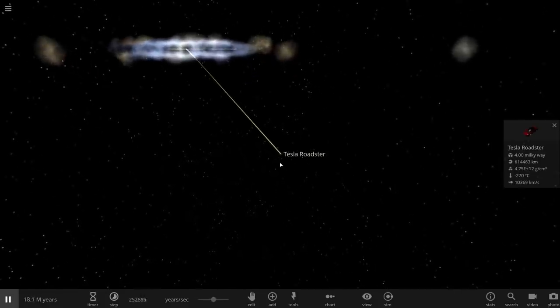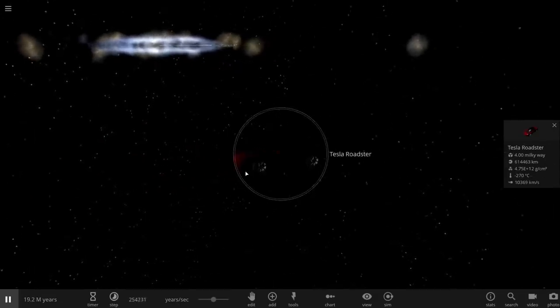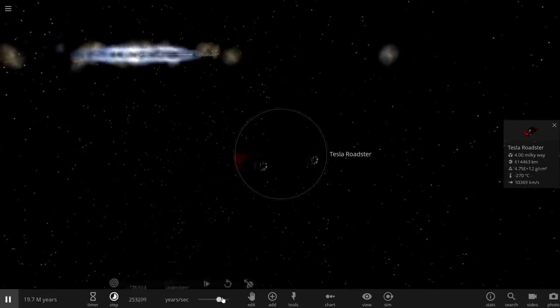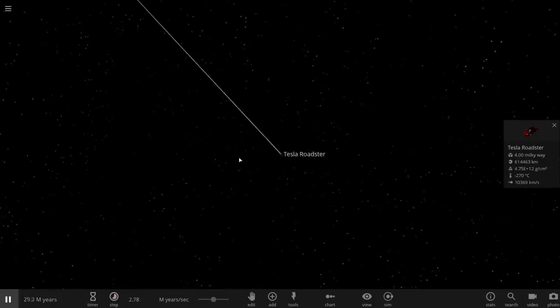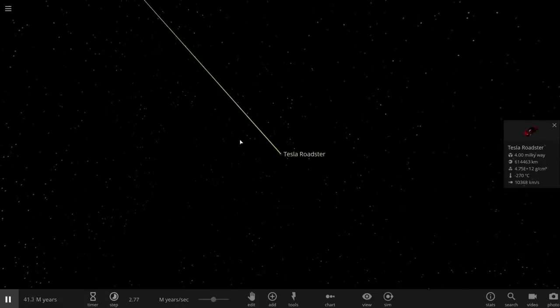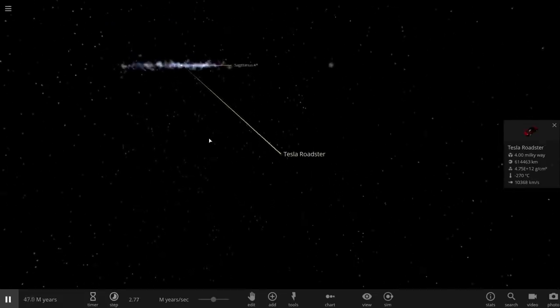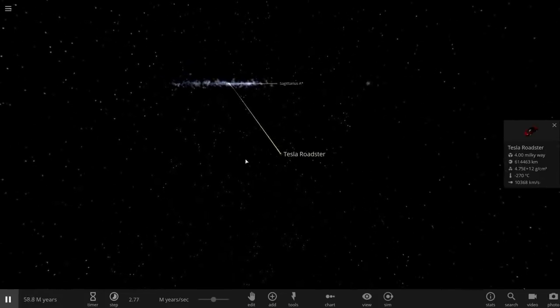And beautiful Tesla Roadster, without knowing anything about the simulation, was able to actually recreate this very, very cool event completely by accident. Anyway, that's all I wanted to show you in this video. I wanted to play around with the Tesla Roadster, create a black hole out of it, and just so it happens, it actually was able to simulate a very, very cool event and show us how galaxies actually lose their